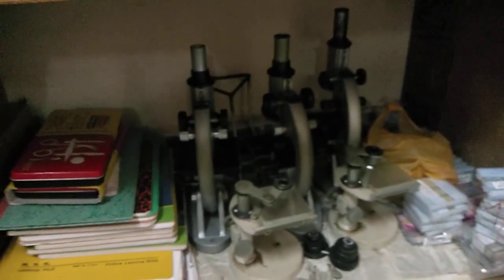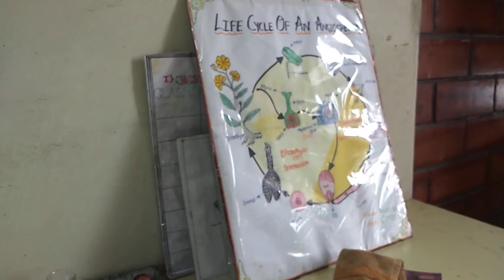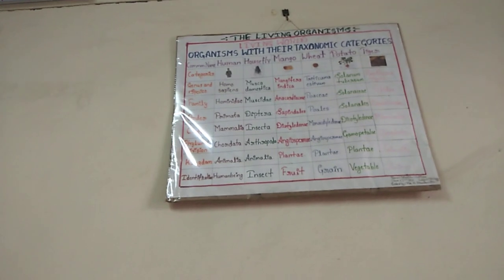Lastly, we need the help of microscopes. Again, I will make another video on microscopes also. So these are our registers, etc. And these are our pH papers, etc. And these are various charts prepared by our students. So our students of previous batches have prepared beautiful charts which are displayed in the laboratory.